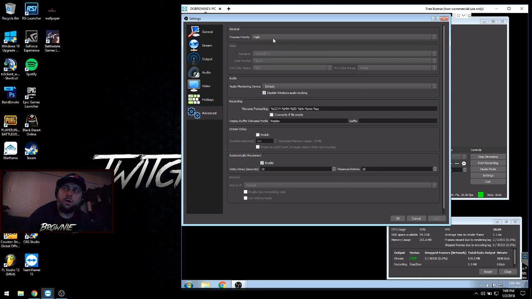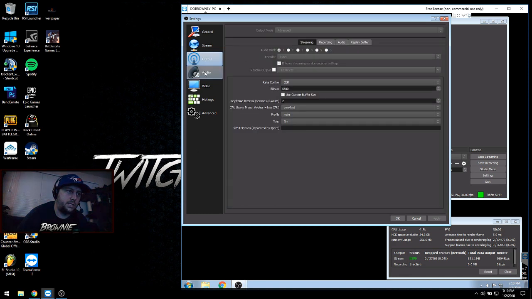You want all the CPU power to go to OBS on this streaming PC because it's doing the encoding. You want nothing else taking away from that. So you want this computer to be focused on OBS, no matter what. So when OBS is running, you want all the processing priority going to OBS, not anything else. So that's crucial, and obviously these output settings here are crucial. Also,